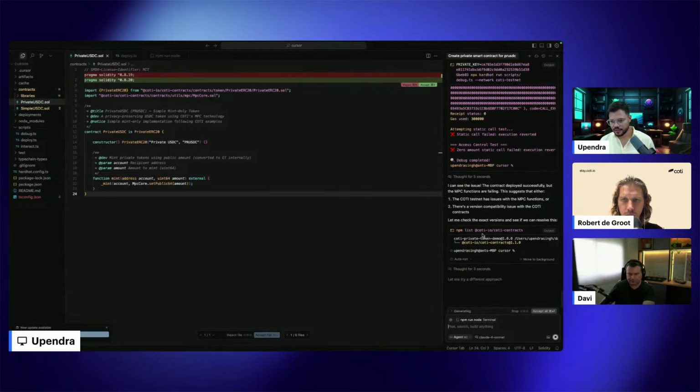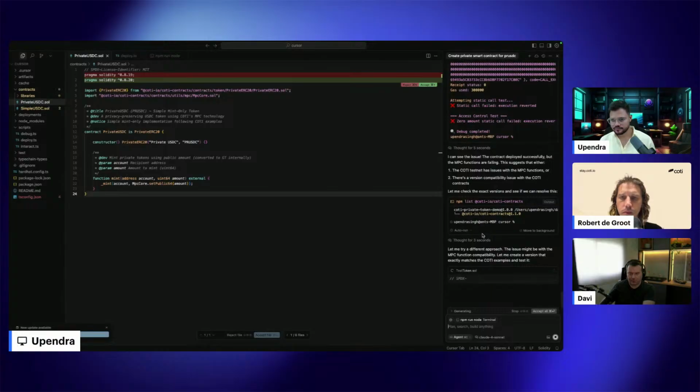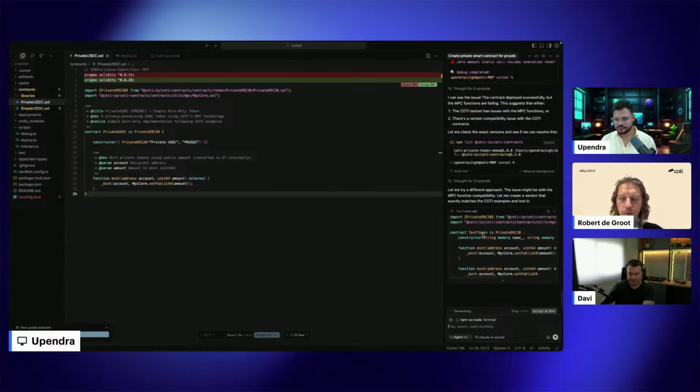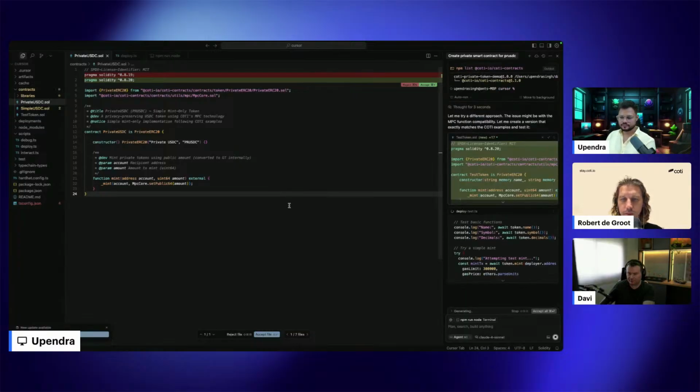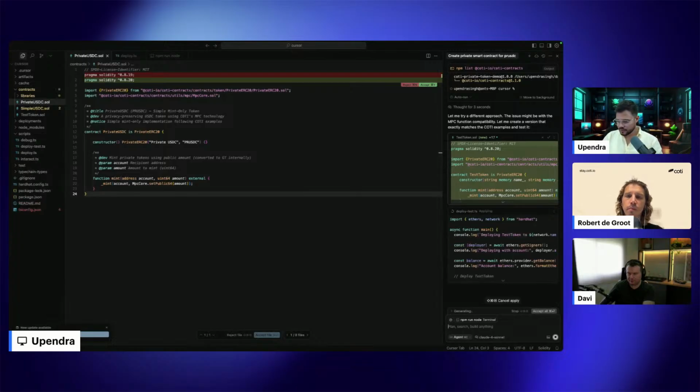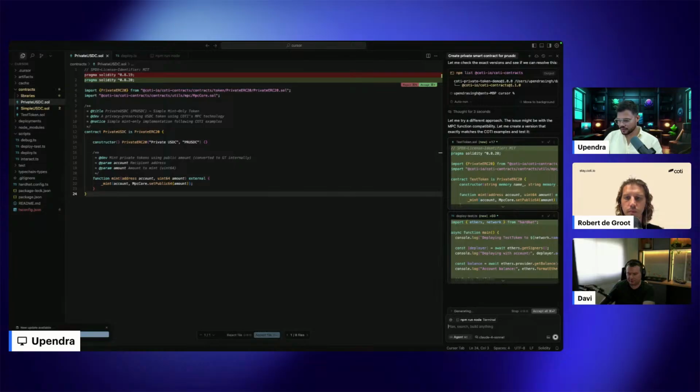It's trying to debug that. Maybe there can be an issue with the contract itself. If we check the mint functions in the library,